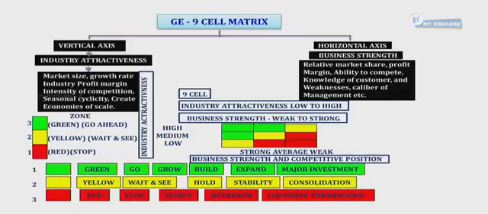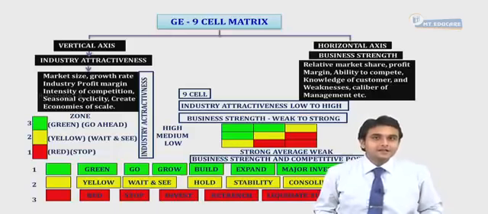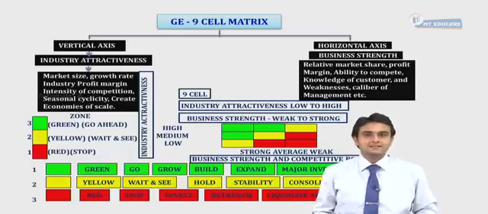I need to divest. So in simple words, if we use the words of the BCG matrix to understand the GE matrix better, the green boxes symbolize my stars, the yellow boxes symbolize either my cash cows or the question marks, and the red boxes symbolize my dogs. So this matrix gives us a clear understanding of where exactly the products or the services fall after we've jotted them down using this x-axis and y-axis.